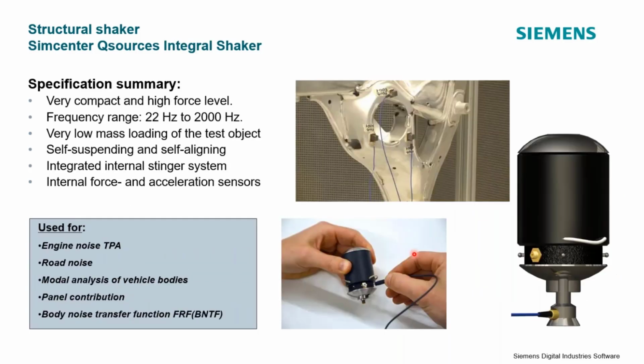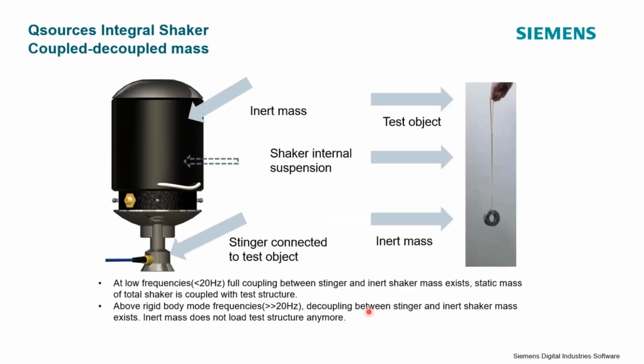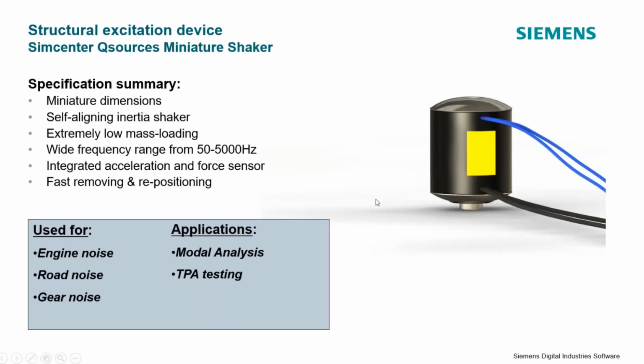The integral shaker uses this little force cup down here, and this force cup has an accelerometer mounted inside it. And so not only are you measuring the force from the transducer in here, but you're also getting your driving point accelerometer. Makes it very quickly moved around the test object. And again, very, very low mass is actually being added to the structure, because all you're adding is a little aluminum armature. This is a brief video that shows this decoupling.